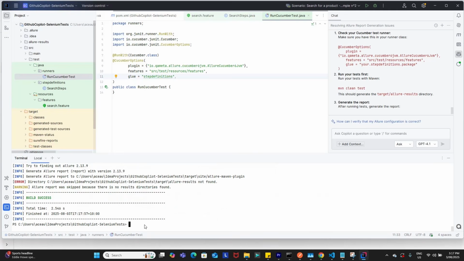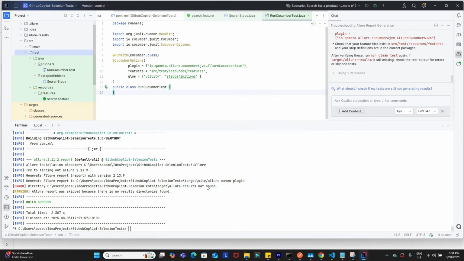So the build will happen. The build is successful. All right. So again, I'm getting this particular error, which is directory allure results not found. Now it seems like when I check with GitHub Copilot, I need to create an allure.properties file under